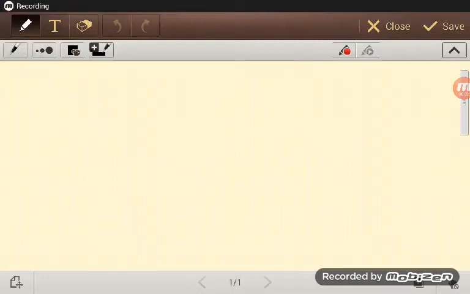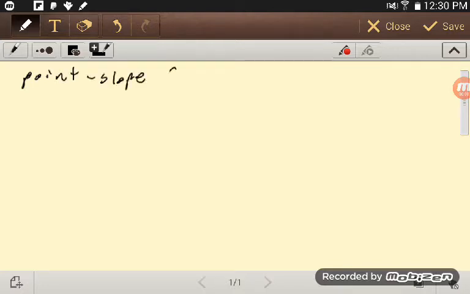Okay, so now I want to talk a bit about the point slope form. So if you're given a point and a slope, how do you find the equation of a line? Now, old, so this is old and new. So your old, and